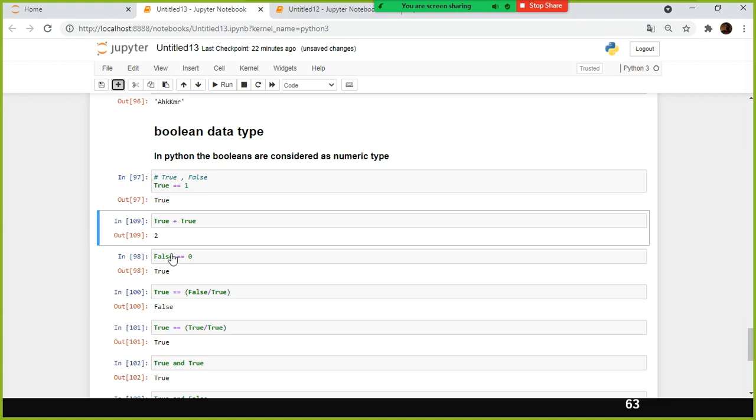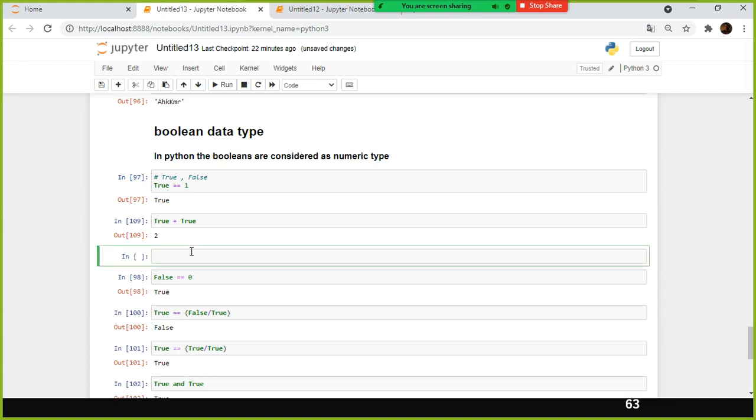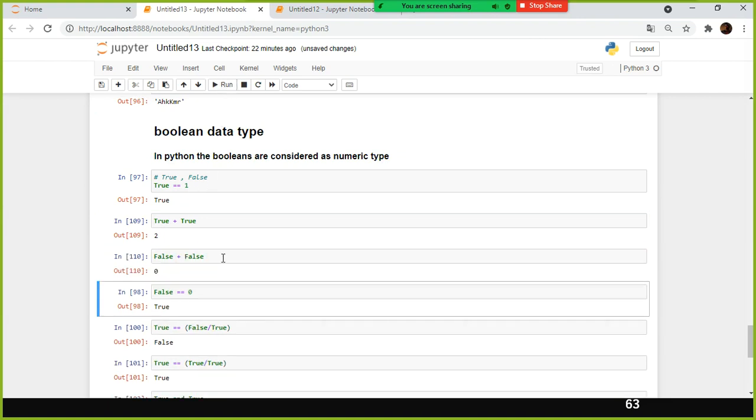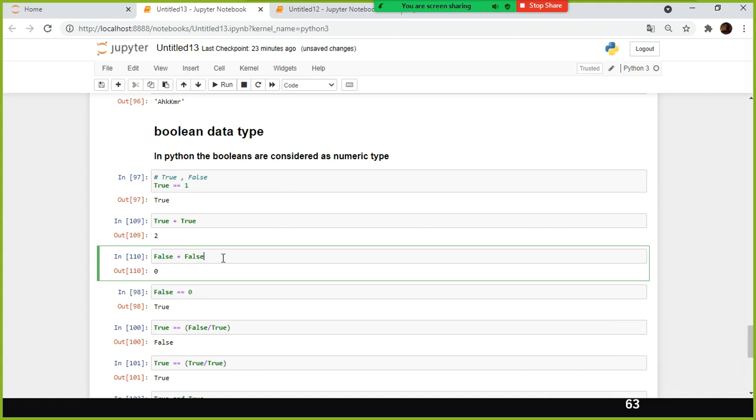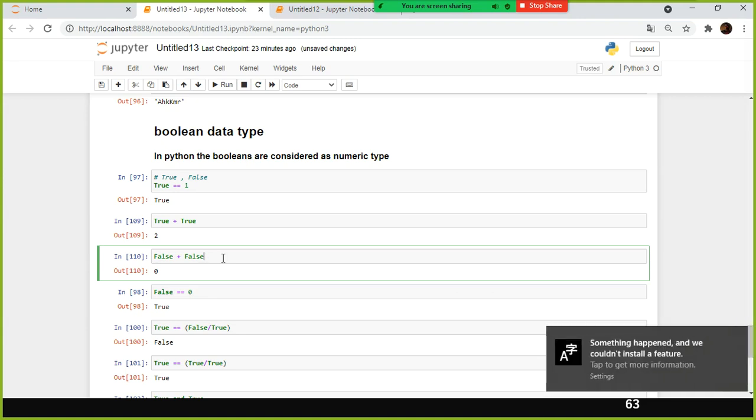Okay, let us do one thing. False plus false. What will it give? 0, right? True is 1, false is 0. Behind the scene, it assigns 1 to true and it assigns 0 to false. Behind the scene, it interprets that way, okay?